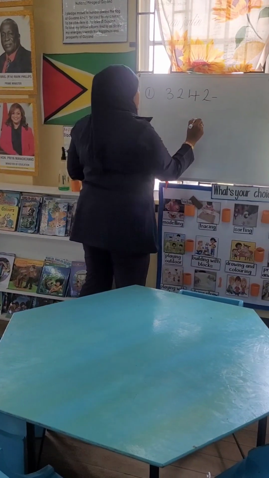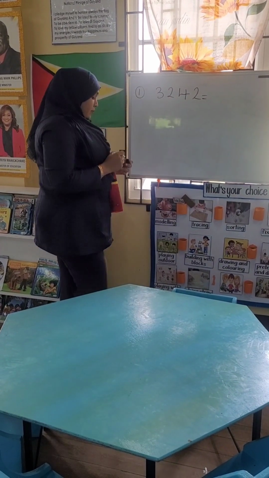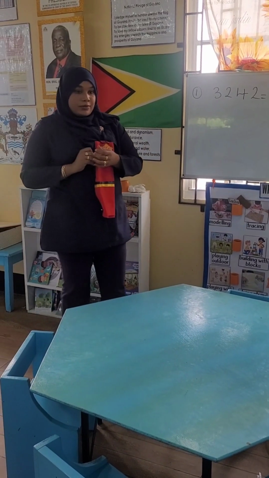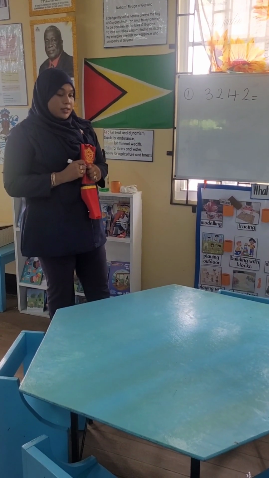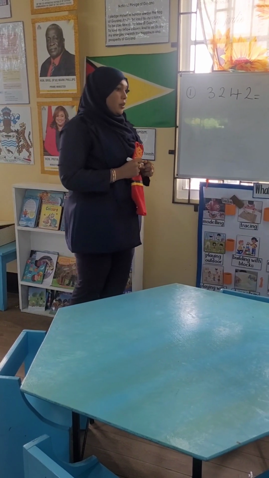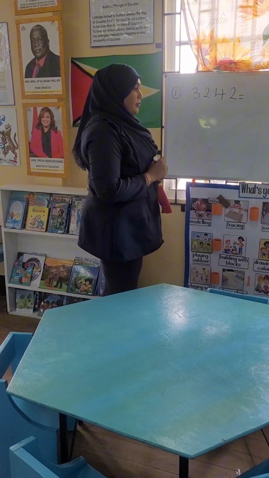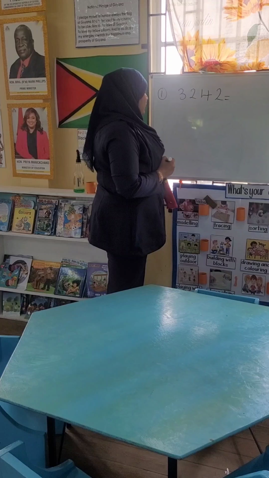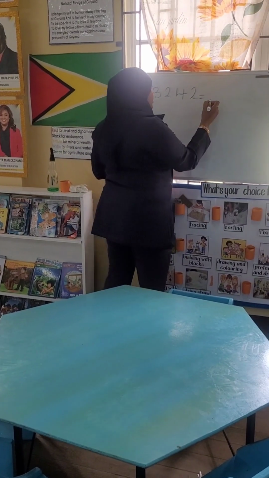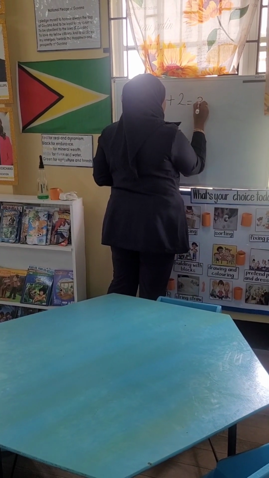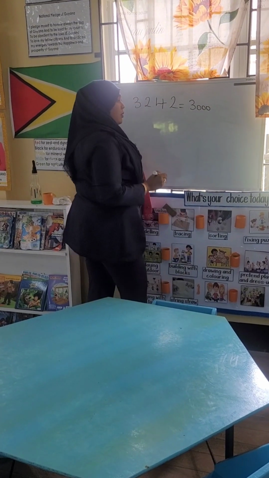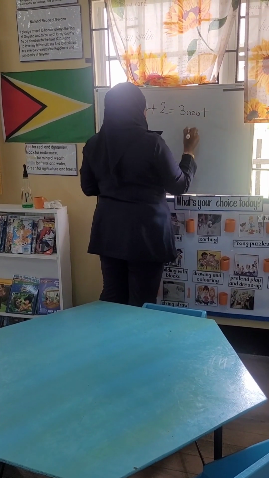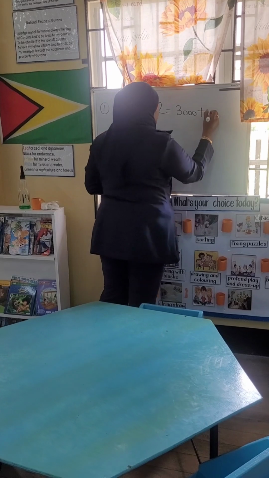So let us expand this number. Alex, tell me what we have to do to expand this number. So we write 3,000 plus 200, very good,